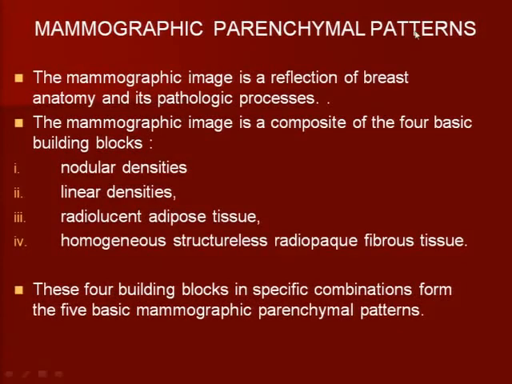So, to know this parenchymal pattern, we must know the basic components, the 4 basic building blocks. The nodular densities, which are your TDLUs. The lines, the linear densities, which are your fibrous tissue. What else are lines? Vessels, linear densities. Ducts, linear densities. Radiolucent is adipose tissue, fat, and homogeneous, structureless, radio-opaque, fibrous tissue. Now, using these 4 components, only these 4 components, we can build up 5 basic mammographic parenchymal patterns according to